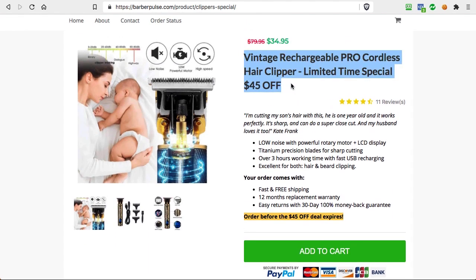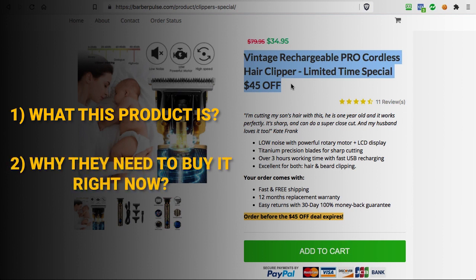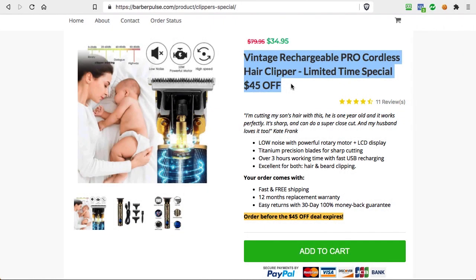So it's very important that you answer these 2 questions when it comes to title. So you give them what this product is, like in this case is Vintage Rechargeable Pro Cordless Hair Clipper, and then you tell them why they need to buy it right now, because this is a limited time special. There is a $45 discount, which you can claim right now if you take action immediately. So those are 2 important aspects when it comes to title, and you definitely need to have a price comparison